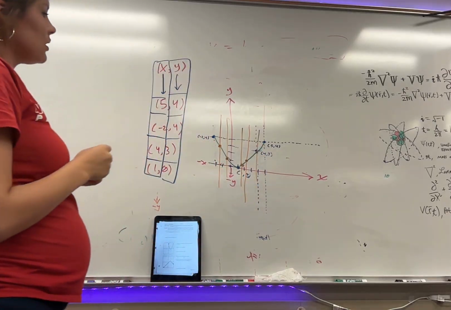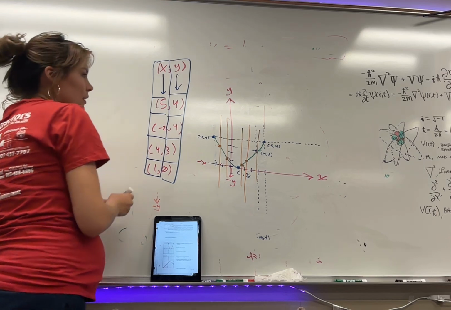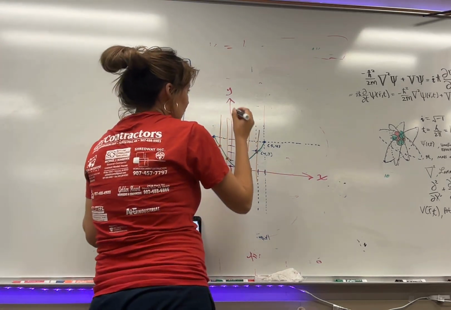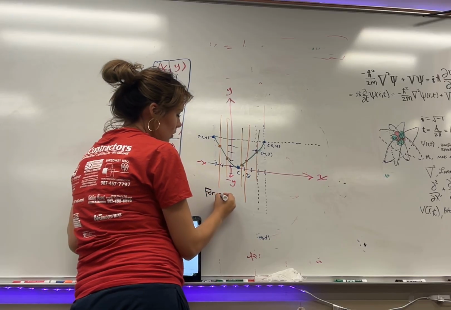What is this actually telling us? This is telling us in words that for any x value,